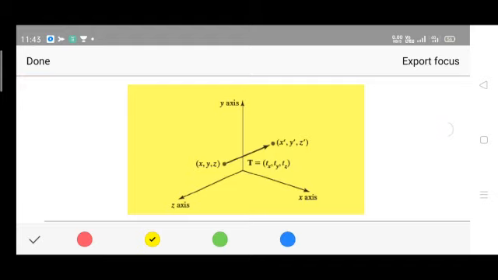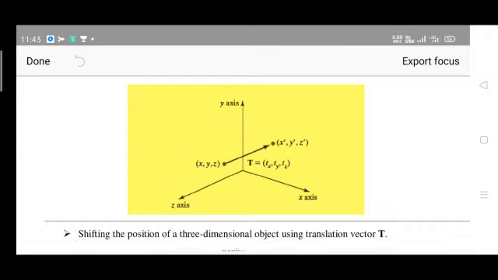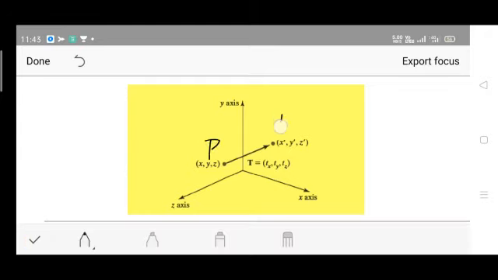So this is the diagrammatic representation. You can see the 3 dimensions x, y as well as z. A point x, y, z, this is what p is. This is p'. The new location is x', y' and z'. Translation is observed from here to here. Check the arrow mark which is shown over here, from one point to another, p to p'. There is an arrow mark, right? So the translation vector contents are tx, ty and tz. This is the diagrammatic representation.